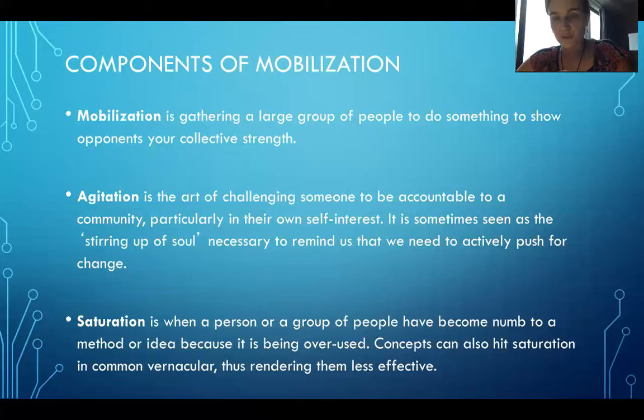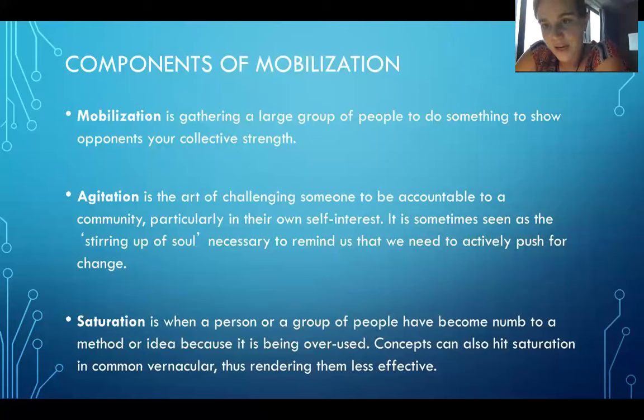Saturation, I also put under mobilization because it's sort of a classic mistake that is a lot wider than mobilization, but is often why, if you plan a mobilization and 5 people show up, it often is connected to saturation. Saturation is when a person or a group of people have become numb to a method or idea because it's being overused. Concepts can also hit saturation in common vernacular, thus rendering them less effective. What does that mean? Well,